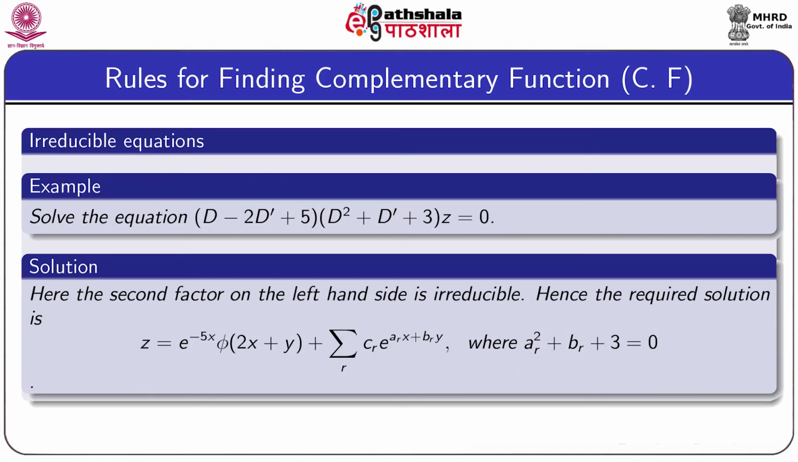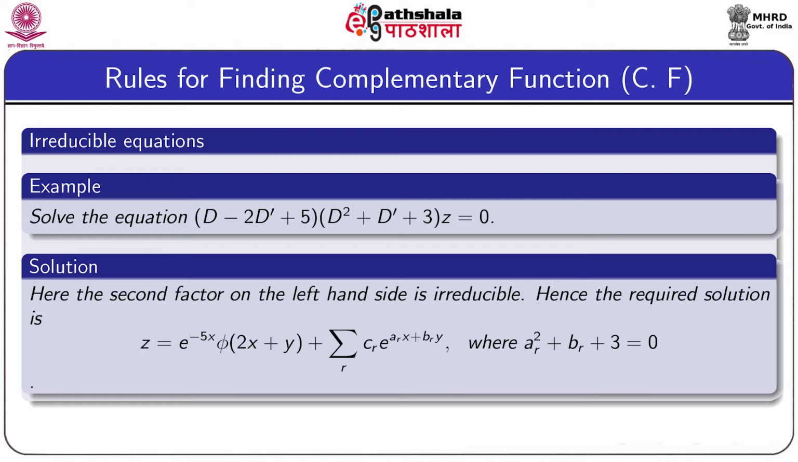So, in this example, the first factor is reducible because it is a linear factor, but the second factor is not reducible. That means that factor cannot be written as the product of two linear factors. So, for that case,